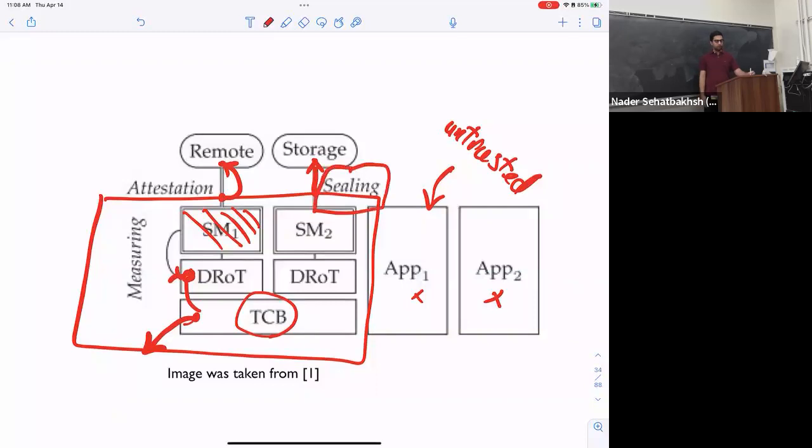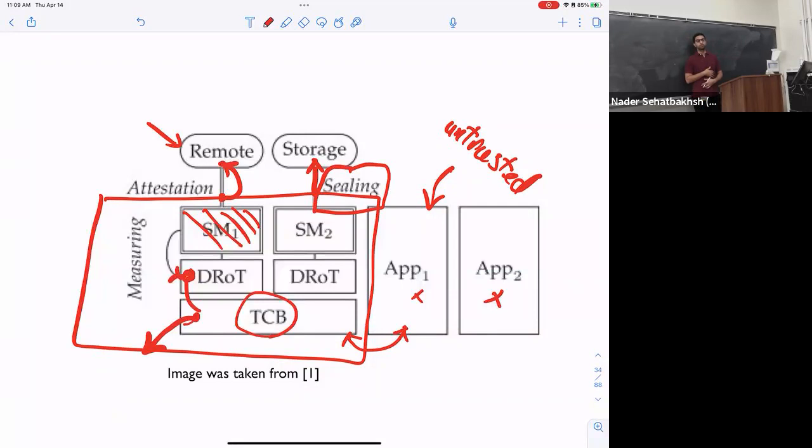And then if a remote user wants to communicate with us, they have to use this notion called attestation, which I'm going to describe. This part and this part do not have any interaction. For now, there is no interaction between these two. So you can also have your normal world application, which does not have any impact on your secure world application.